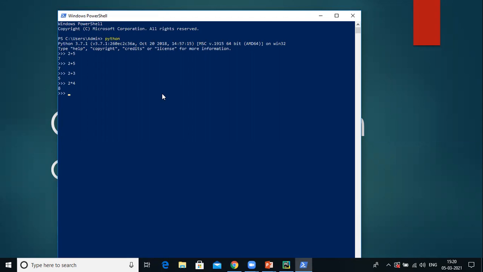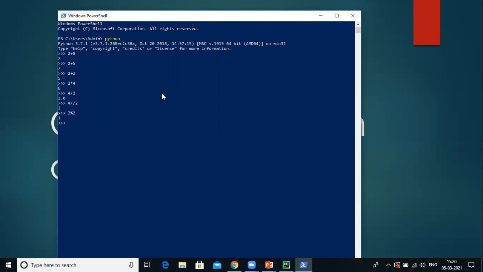My numerical keyboard is not working here, so every time I pressed a plus after pressing the star operator. 2 into 4, that is 8. After that, 4 divided by 2 is 2.0. If I take 4 double slash 2, the answer is 2. Now 3 modulo 2, the answer is 1.